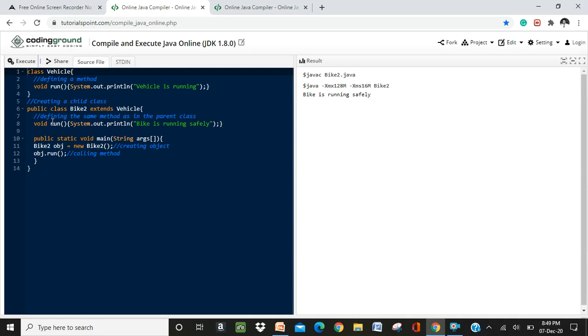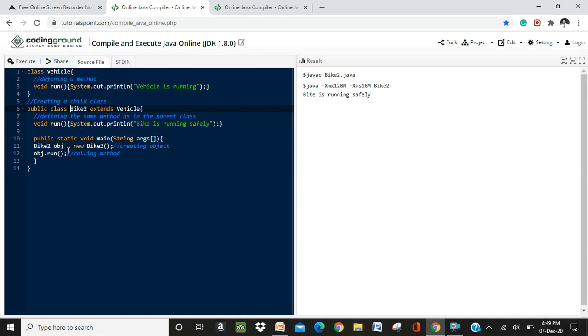running". So at compile time, definitely the difference can't be made, right? It cannot differentiate between two methods. At this moment of time, I can tell what I am defining, and it will lead to the selective result. You can see public static void main. I am going to define one referential variable of the child class, that is Bike2 object2 is equal to new Bike2, right? The same child class, right?